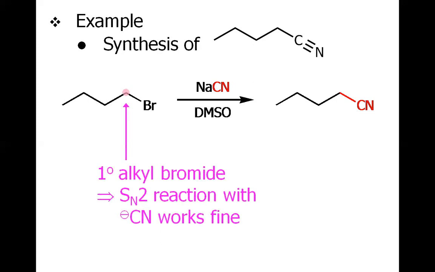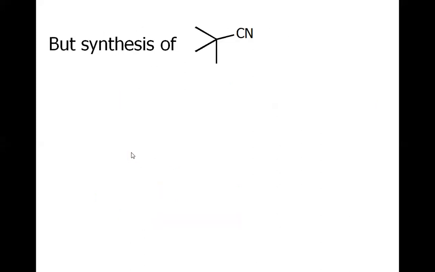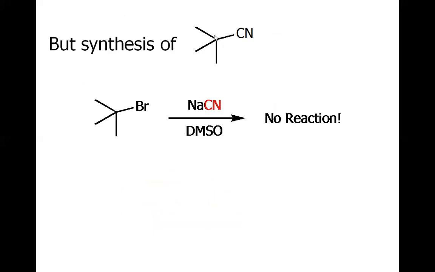Yes, this is a very straightforward reaction, and yes, it will happen because this is the primary alkyl halide, and there is no problem for the cyanide to attack this carbon. However, consider this case. Here, if we think that it were the bromine here and we showed the attack of the cyanide on this carbon to make the bromine go, to have this product formed, but this will not happen because no SN2 reaction can occur on the tertiary haloalkane. This tertiary alkyl halide cannot afford the SN2 substitution reaction.